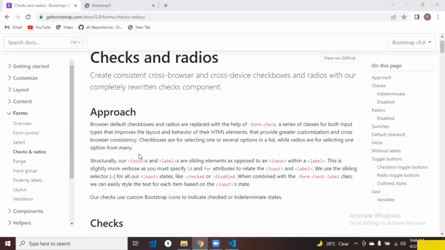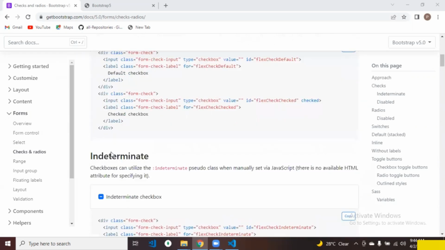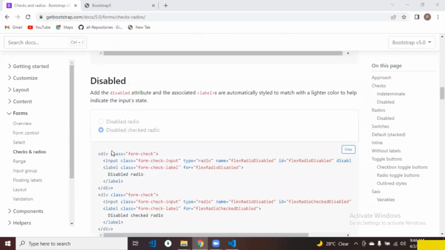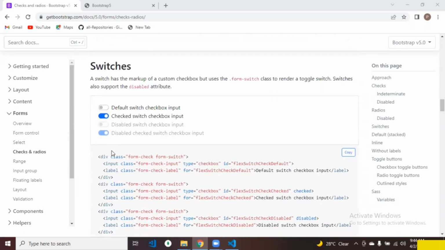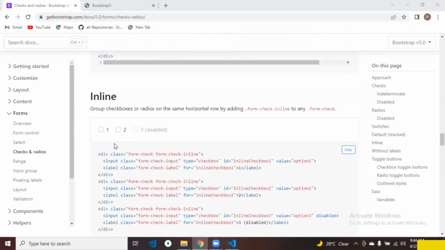Welcome students. In this video, we will learn about checks and radios. The navigation goes like this. You can go to forms, and then you can go to checks and radios. So we have different kinds of checkbox, disabled radios. For our website, we want inline checkbox. So here we have this inline checkbox. We can simply copy this checkbox code,